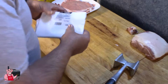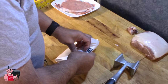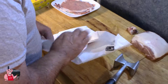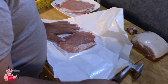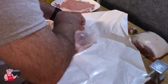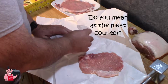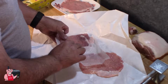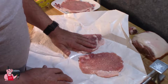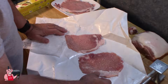Now then, if you've got a cooperative butcher, you can go to your grocery or wherever you can buy your meat, and as soon as I can get this paper open, you can go there and buy a couple pork chops, which I've done, and ask the butcher in the meat case if he will take a couple pork chops and cut the bone out of the pork chop, and then have him run it through his cuber like they would a cube steak. The inside of the pork chop, and I'm going to put a tag up at the top,